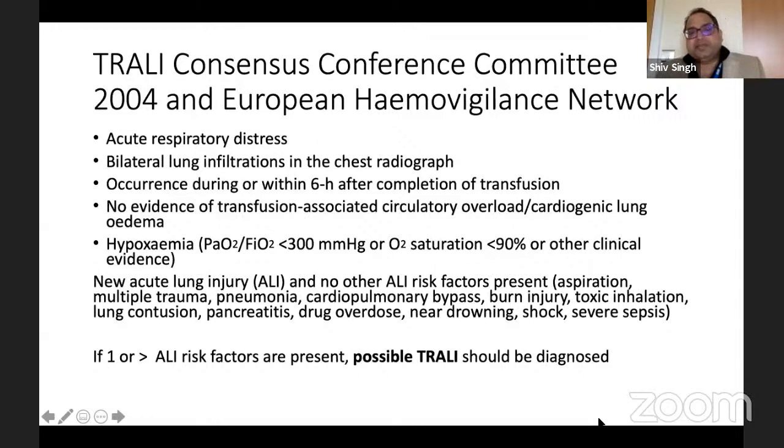There is no evidence of transfusion-associated circulatory overload, so this is not TACO. And this is not cardiogenic pulmonary edema either. So this has to be,